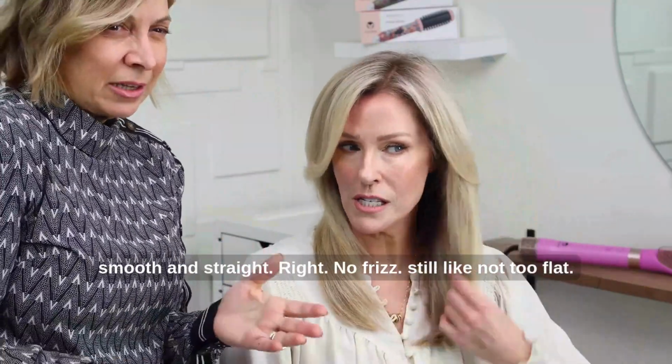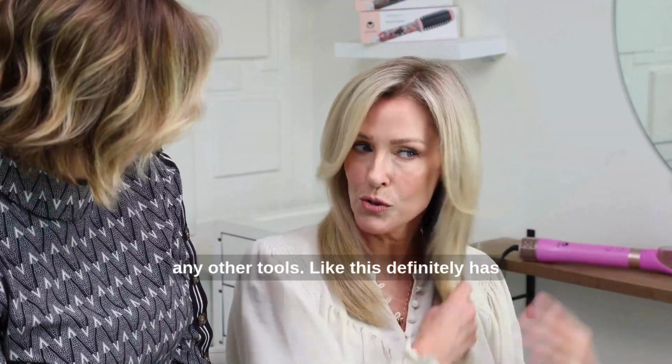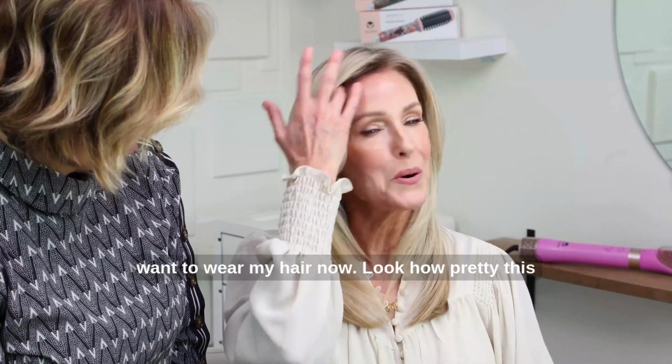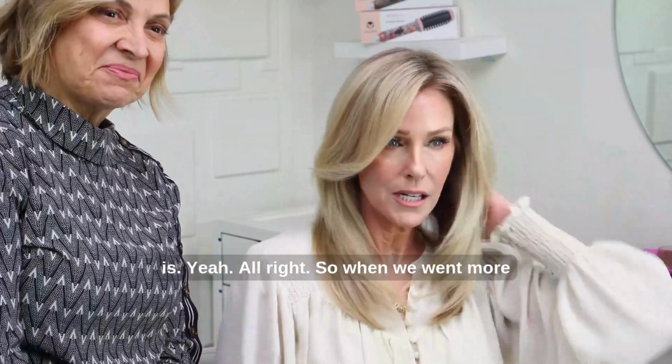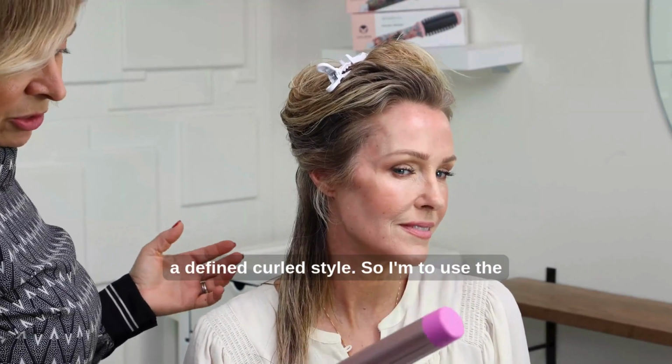Yes, but no still frizz, like not too flat. But look at this. I can't get this with any other tools. This definitely has changed my perspective on how I want to wear my hair now. Look how pretty this is. Yeah. All right, so when we want more of a defined curl style, we're going to use the same,